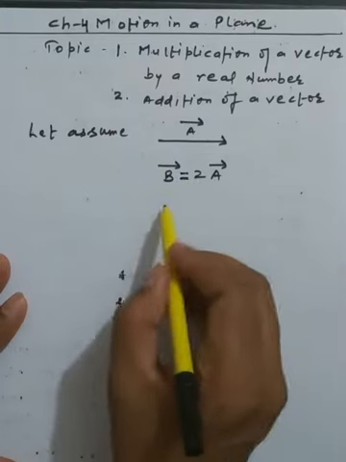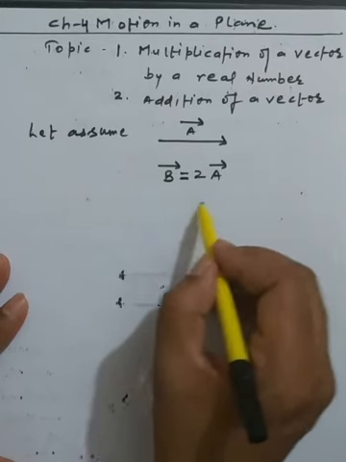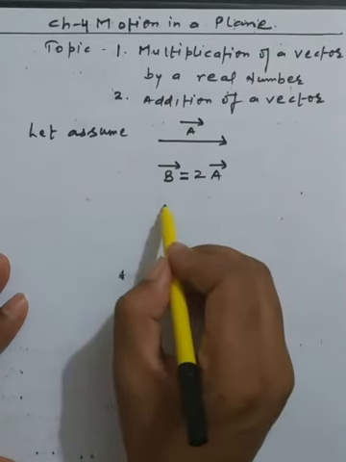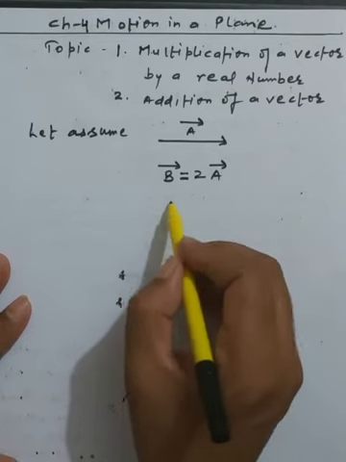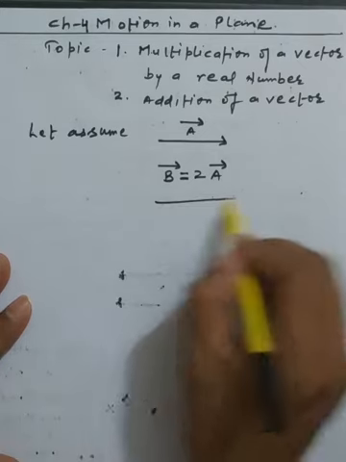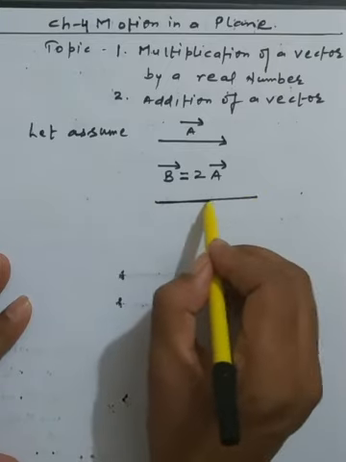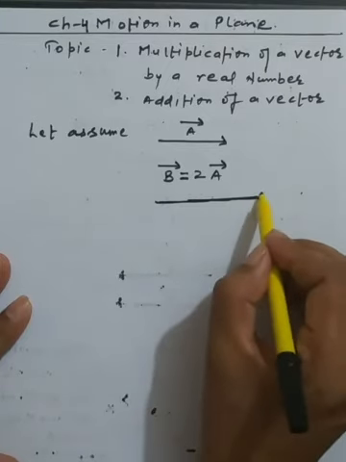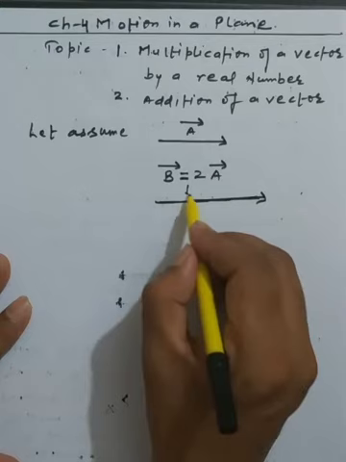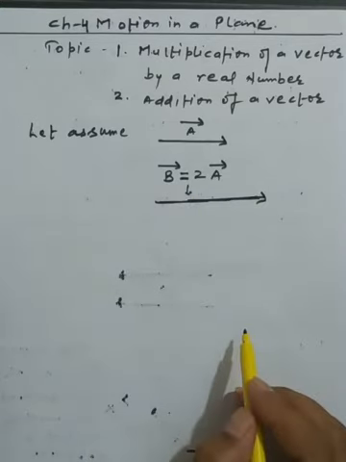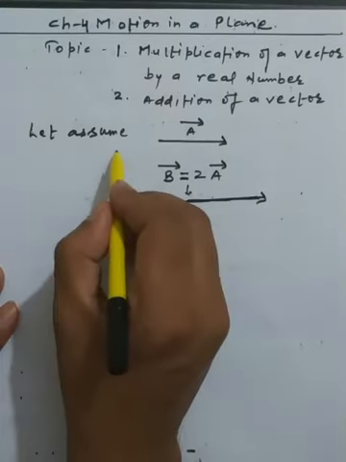So how can we plot the vector B along the direction of A? But here we have a basic difference: the length of B is 2 times the magnitude of the vector A. So I am putting a longer length of the tail, and this vector is B equal to 2A. This is the first part.